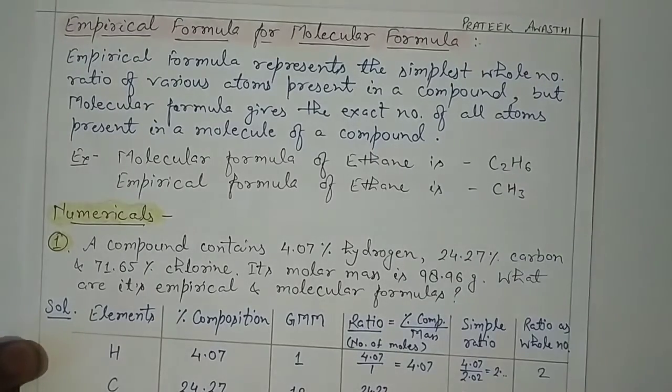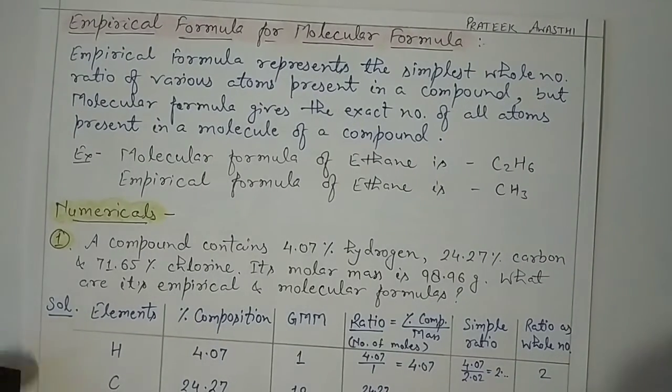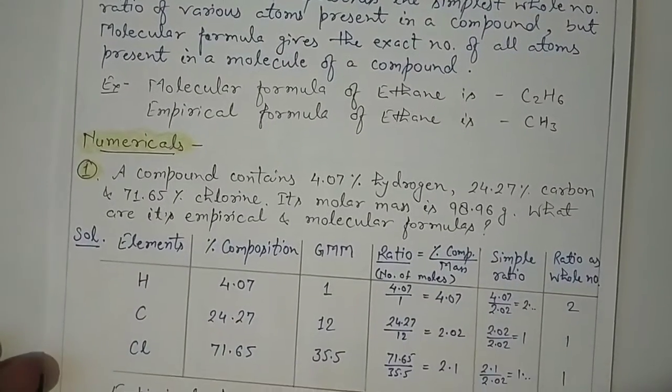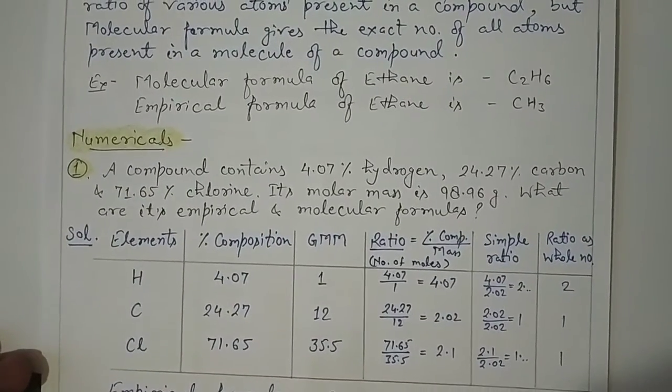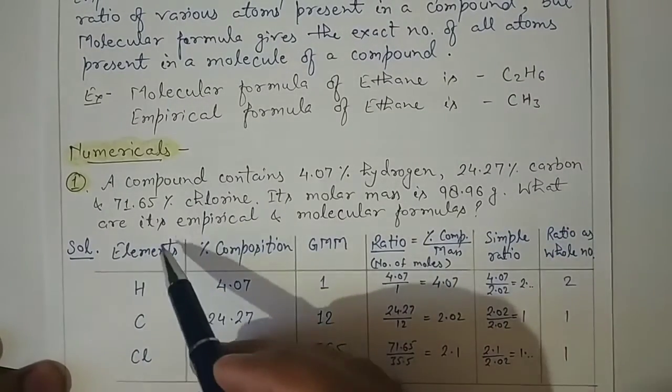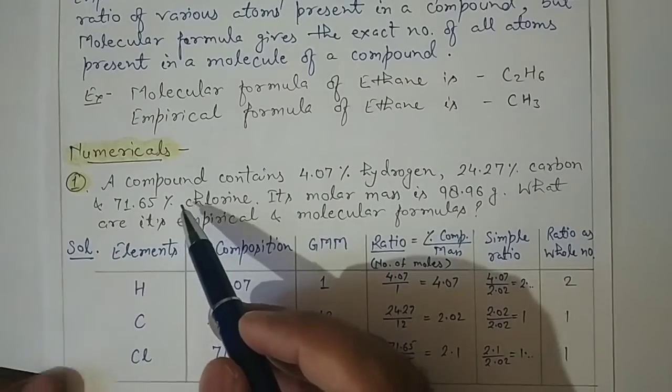I hope it is understood. Now let's see how the numericals of empirical formulas are solved. It is a very important concept of the mole concept part. So the first numerical we are taking: a compound contains